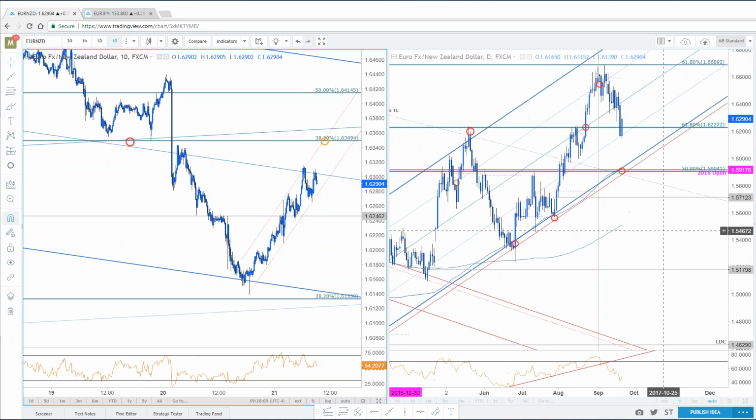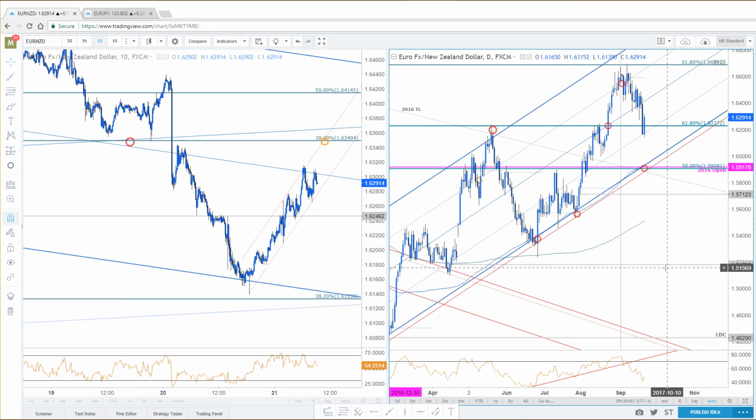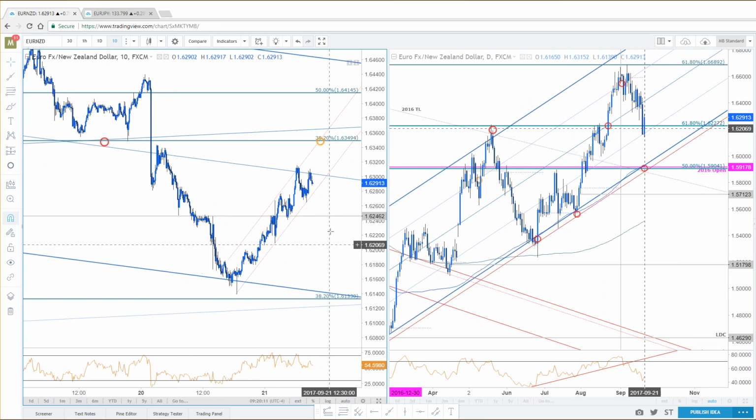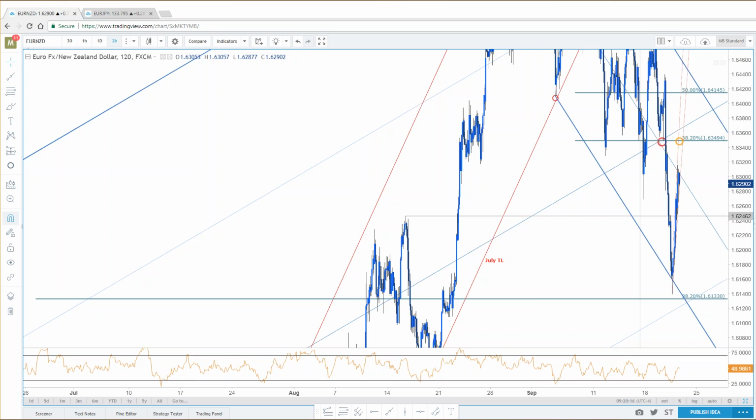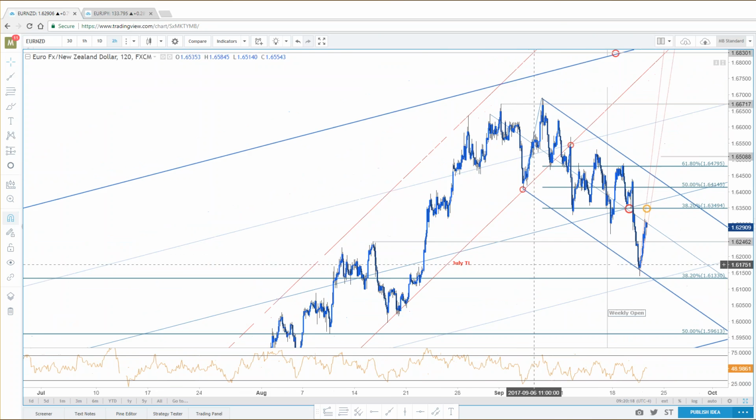Interesting pair. I didn't really pay attention to this one yesterday. Obviously, all the dollar crosses got all the highlights, but this looks interesting. We'll continue to follow this one. Again, guys, feel free to take a snapshot of this chart if you need it for later use.